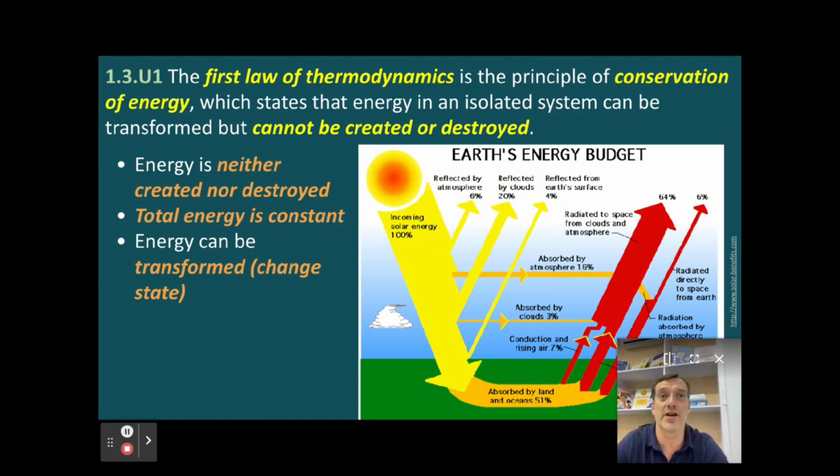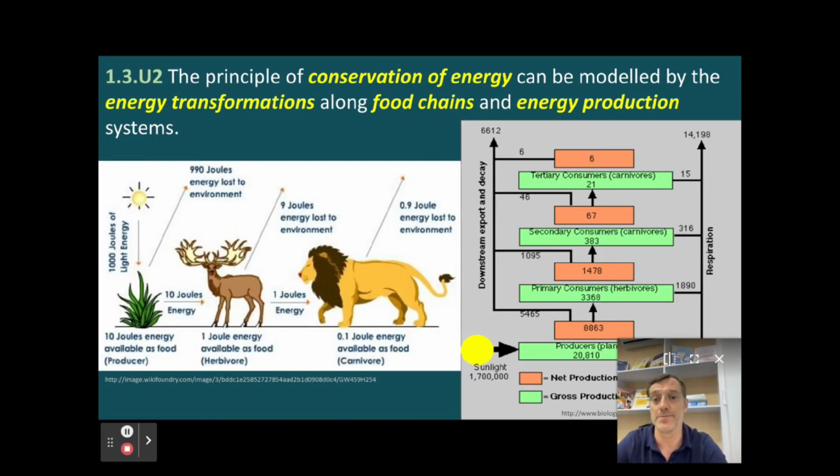The first law of thermodynamics is the principle of the conservation of energy, which states that energy in an isolated system can be transformed, but it cannot be created or destroyed. You've probably encountered this in a chemistry lesson at some point. This means that the total amount of energy in a system remains constant, although it may change from one form to another. For example, in a food chain, the chemical energy stored in organic matter is transformed into kinetic energy, or movement, heat energy, or thermal energy, and other forms of energy by different organisms, but the total amount of